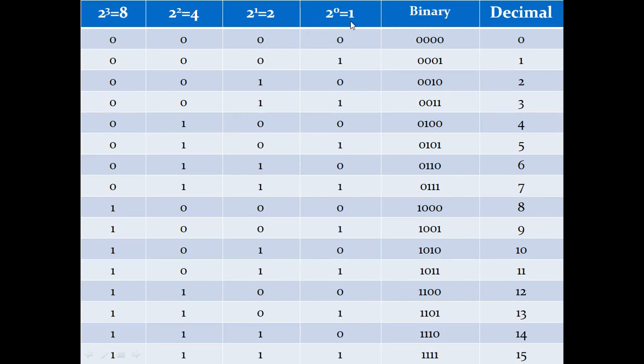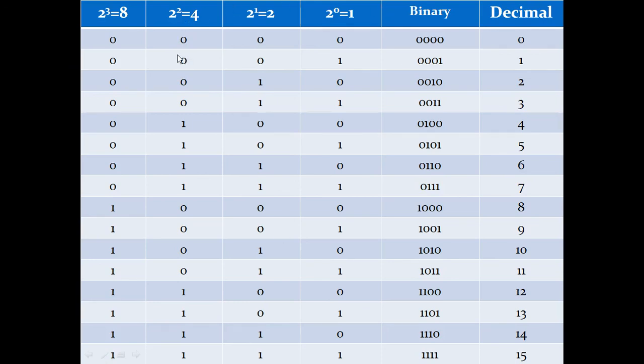Suppose the positional weight here is 1. So we'll write each bit one time, like 0 one time, then 1: 0, 1, 0, 1, 0, 1 and so on. Here the positional weight is 2, so we'll write each bit 2 times, like 0, 0, 1, 1, 0, 0, 1, 1, 0, 0, 1, 1 and so on. Here the positional weight is 4, so we'll write each bit 4 times, like 0, 0, 0, 0, 1, 1, 1, 1, 0, 0, 0, 0, 1, 1, 1, 1. Positional weight here is 8, so we'll write 8 times 0, 8 times 1. Next positional weight will be 16, so 16 times 0, 16 times 1.